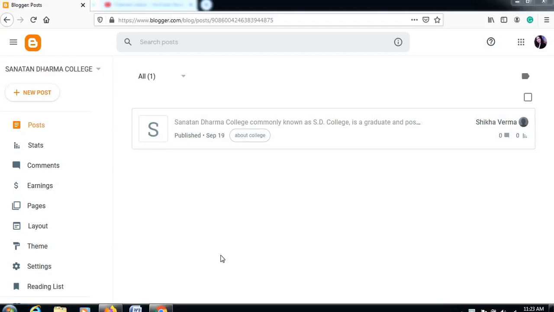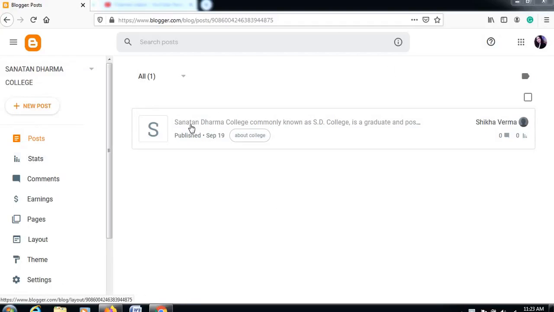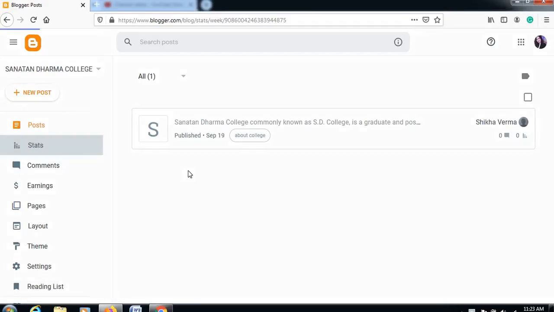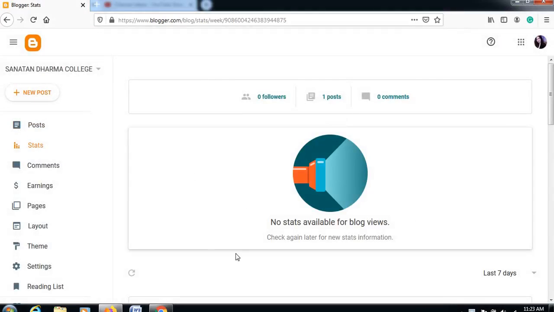Till now we have learnt how to make a post in your blog. So now move to next. See, here are the stats part. It will show the number of posts, number of comments or number of followers to your blog spot, your blog